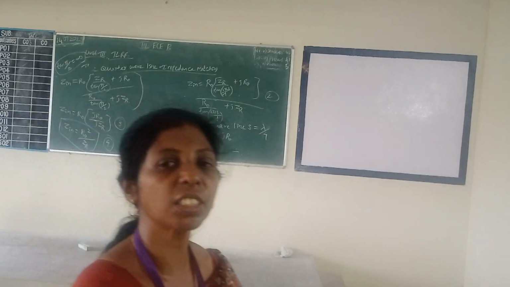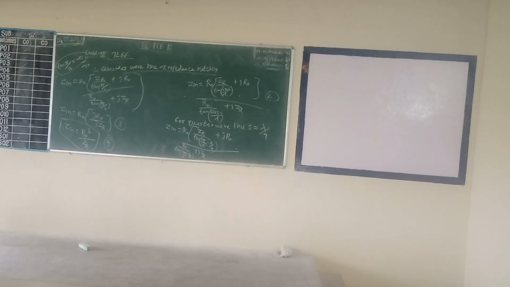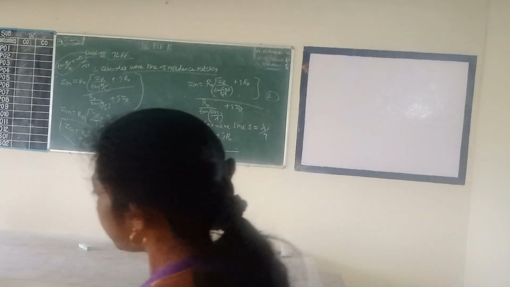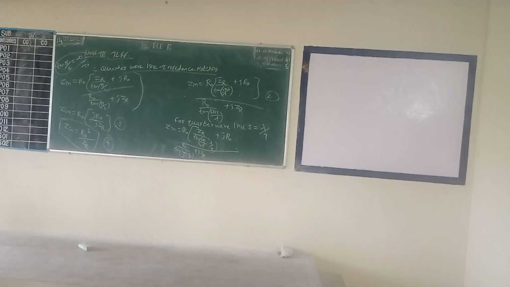See, input impedance you are taking, we are just rearranging. Otherwise, if we substitute in the beginning stage itself, it will go to infinity and the entire term will get cancelled. So we are rearranging the equation, and after that we are substituting the beta value and S values, and we are getting this equation. Note down, thus equation 4